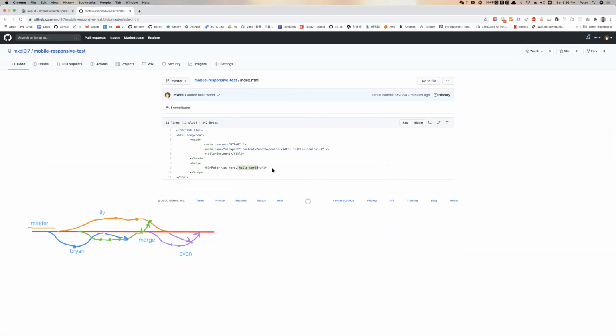Got it. Any questions about how pull requests work? Pull request is an important way for us to make sure that all the code that we merge into the master branch is reviewed and is bug free. So pull request is where we review everyone's code, make sure that you're not pushing any boo-boos into the code base.